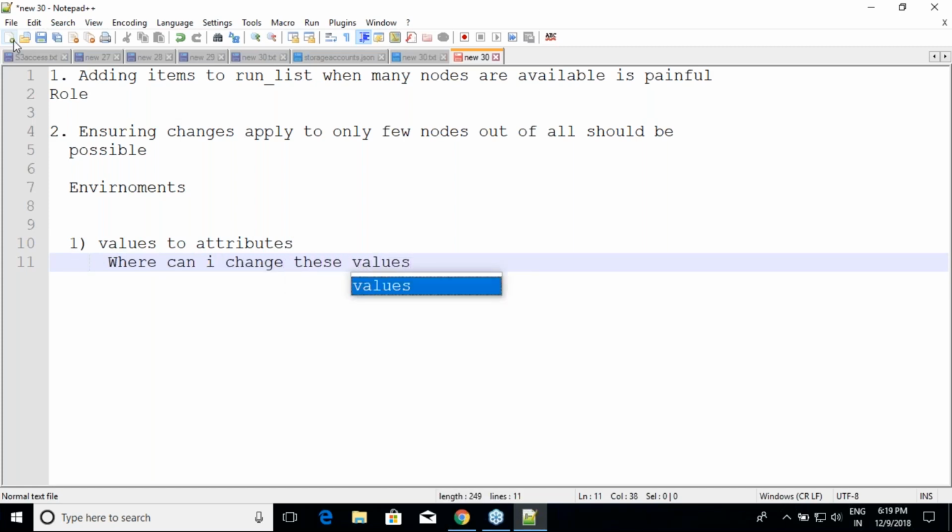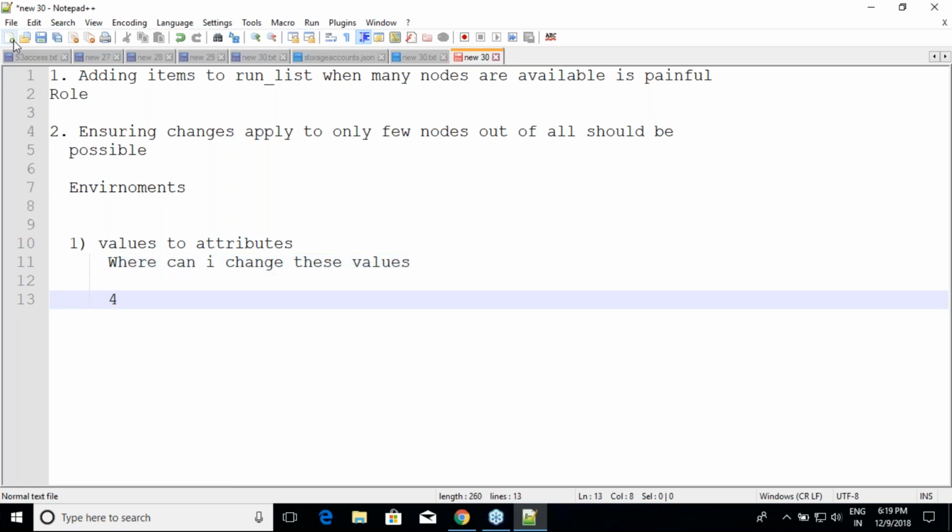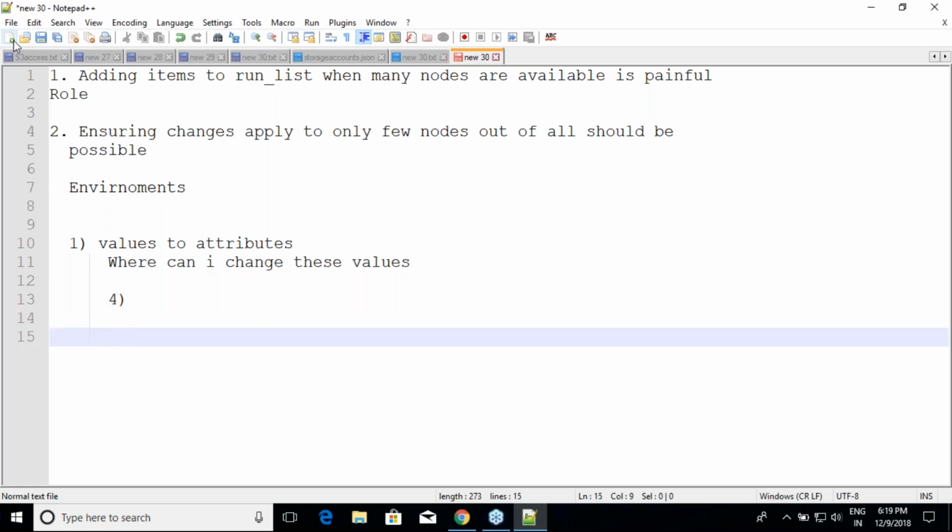Because there is no point in having attributes if you cannot change them. As of now, we know only one way of changing, that is going to the attributes file default.rb and change its value. Now I am going to tell you that there are actually 4 places where you can change the value of the attribute.